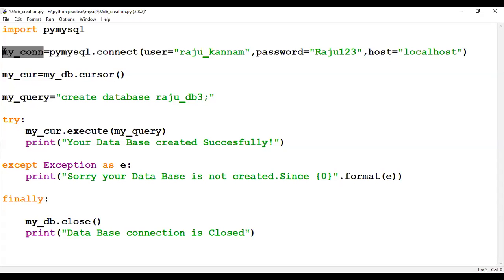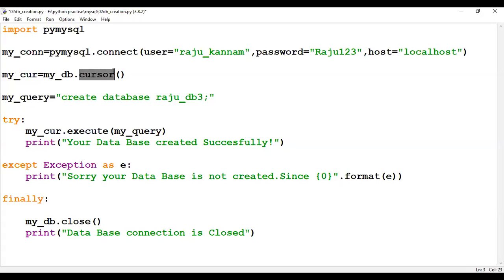Okay, connected. But if you want to do any work on MySQL, you need to have the cursor object. The connect function will create only the connection with MySQL. To do work on MySQL, to execute your queries on MySQL, you need to have the cursor.